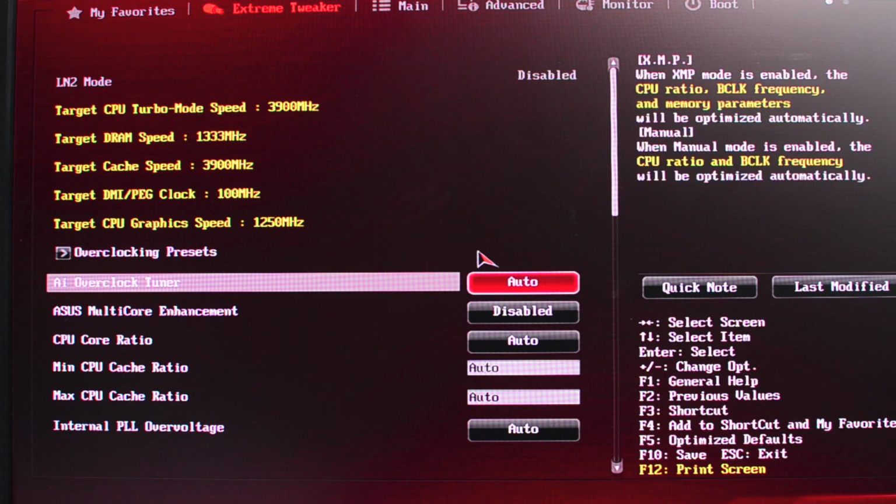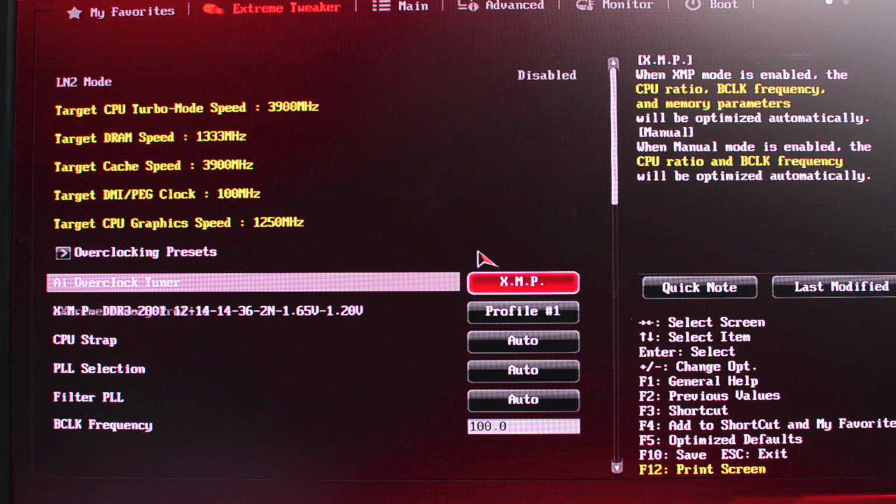Okay. So first and foremost, we would go ahead and go into the AI overclock tuner section. And we're going to go ahead and just enable XMP because in most situations you're going to probably be using XMP memory. The first thing though we do want to keep in mind at this point is that the DRAM divider support for this platform, while at stock frequencies is very good, tends to go ahead and drop down in its ability to sustain that DRAM divider as we increase the